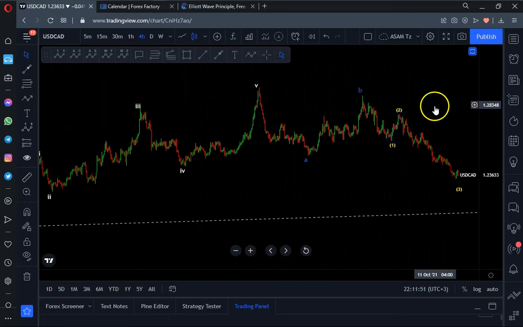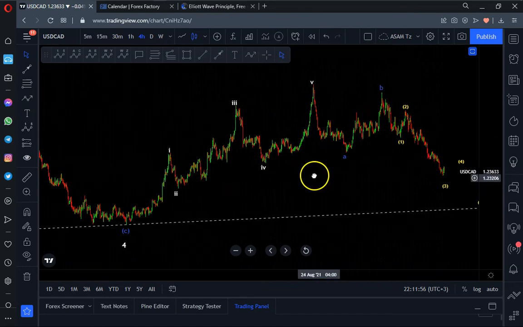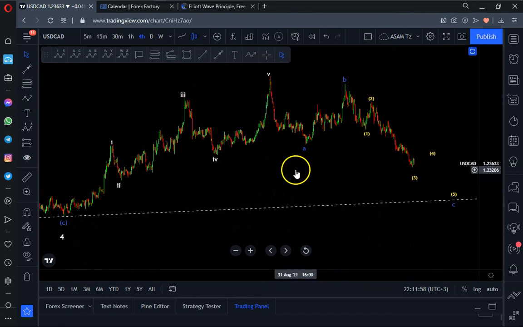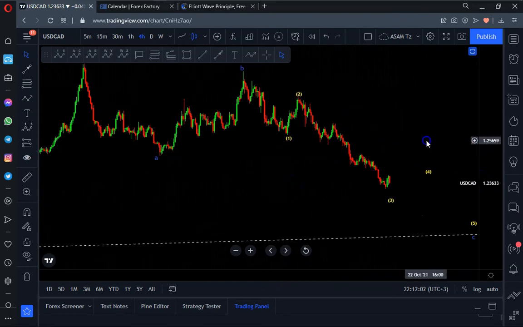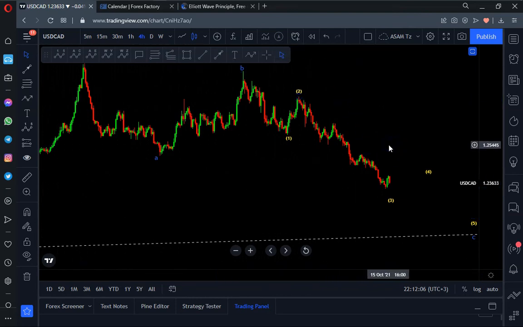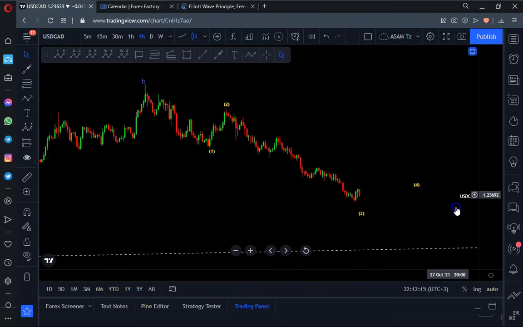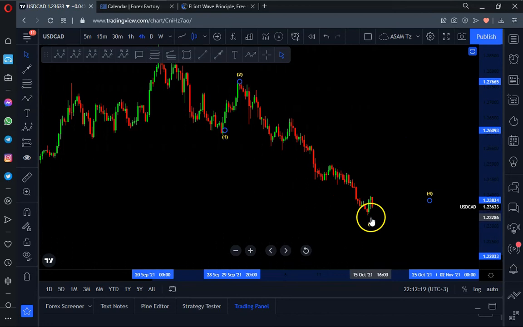I can see what's going on in the 4 hour time frame, whereby we can have a clear market structure of the third wave. The third wave is clearly seen as 1, 2, 3, 4, 5 to the downside. So it is a very clear 5 wave move to the downside in the completion of the third wave. So it is an extension of the third wave.